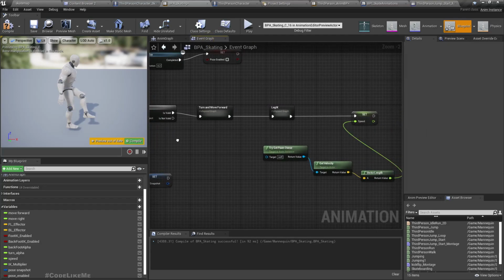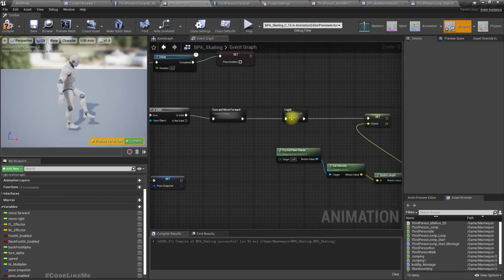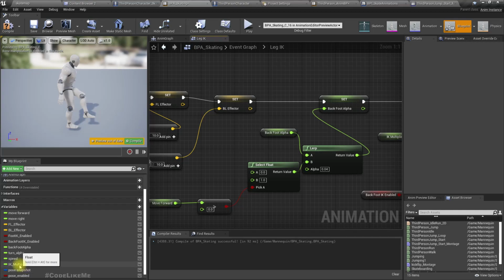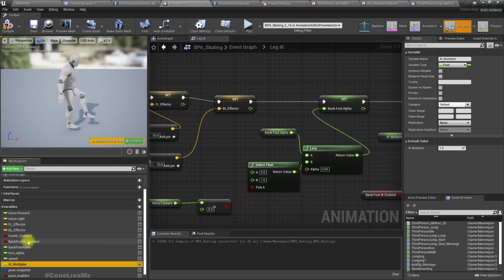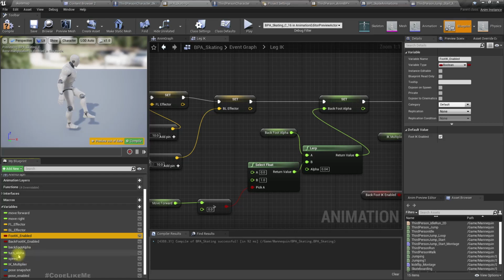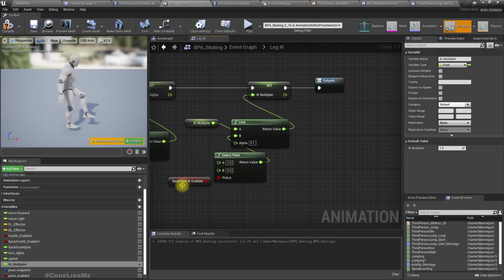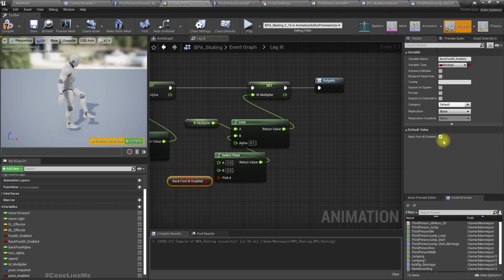Where do I set the IK multiplier? Like this. Okay, so if I make this disabled by default